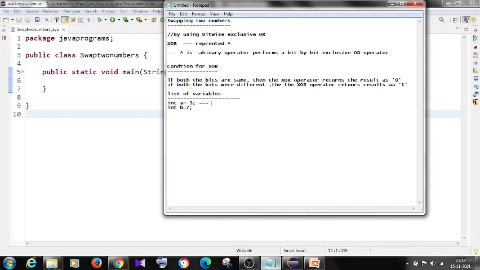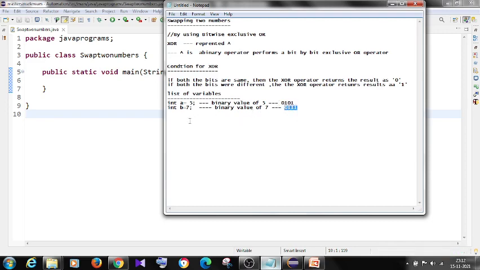And what is the binary value of 5? The binary value of 5 is 0101. And what is the binary value of 7? The binary value of 7 is 0111. So this is the binary value of 5 and this is the binary value of 7.